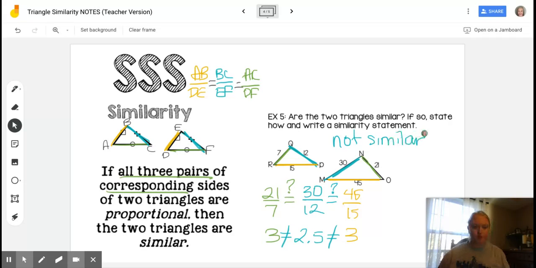Okay, so if we were to be looking at a side length here of 10, okay, and this were a 10 here instead of a 12, this would be 3, and our triangles would be similar based on side, side, side. But because that one side is a 12 and not a 10, our triangles are not similar. Okay,